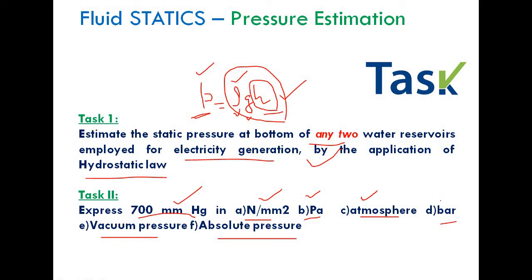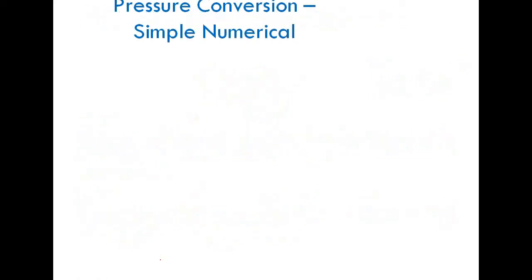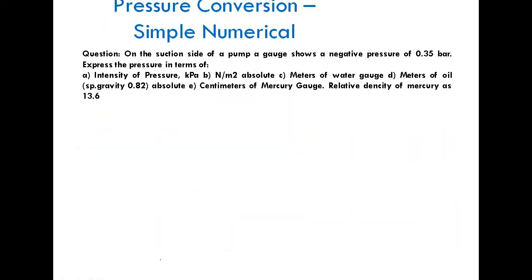And also we know the value in bar, because 1 bar is 1 atmospheric pressure, and absolute pressure as well as vacuum pressure. So once you know the value of pressure, if it is less than 1 atmosphere, that is vacuum. So that is a vacuum pressure. You can add that vacuum pressure with the atmospheric pressure of 1 bar. You will get the corresponding value in absolute units. Please try to do this. It's very simple. We'll do a similar problem in this video lecture.